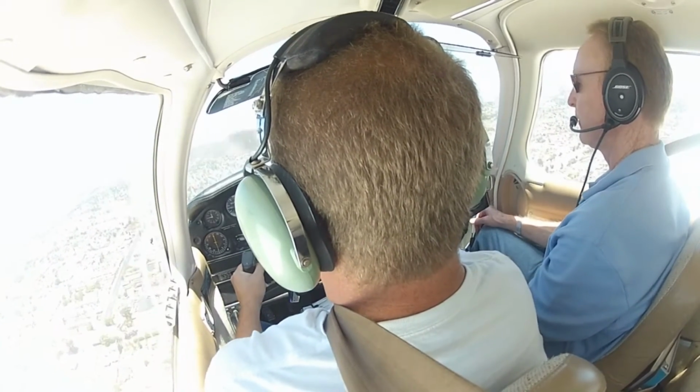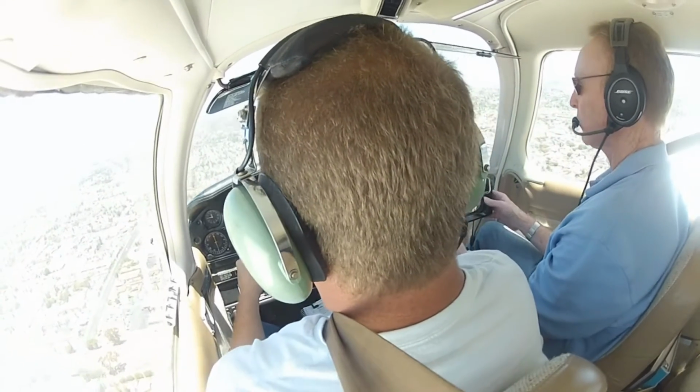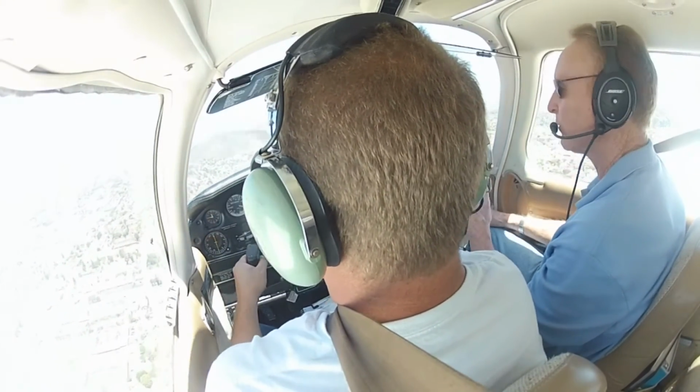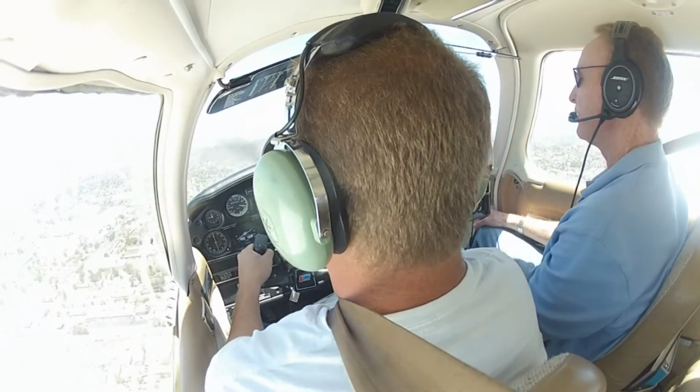1,700 Yankee. And it should be trimmed for that. Let go and see what happens. It's just about right. It's a couple knots off, but it's going to be trimmed very, very close to what you want. And